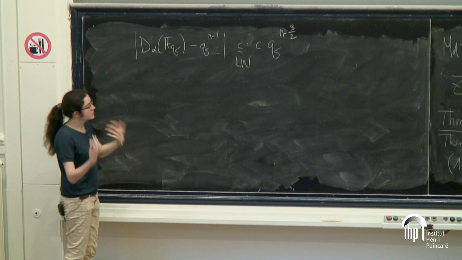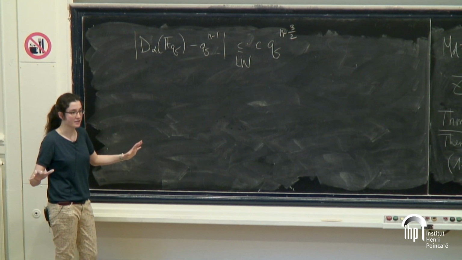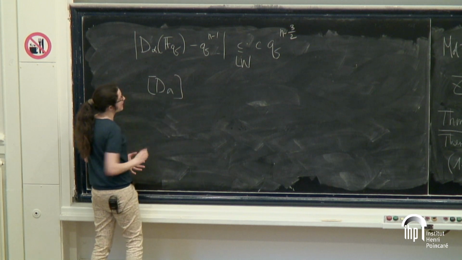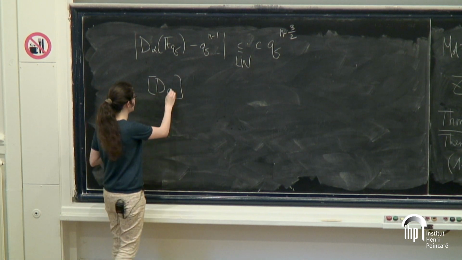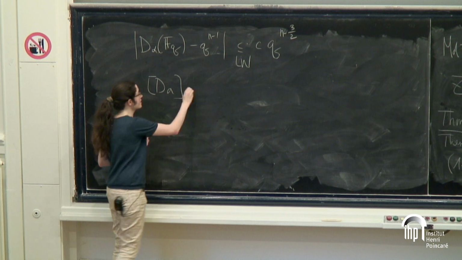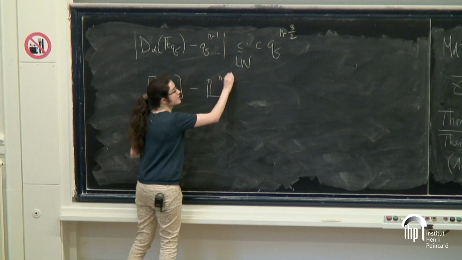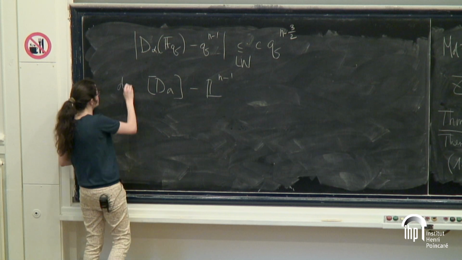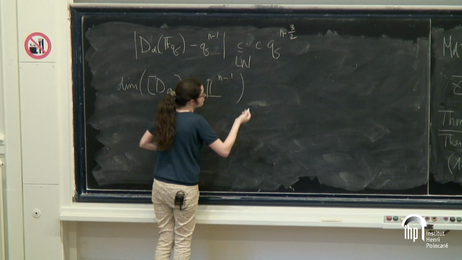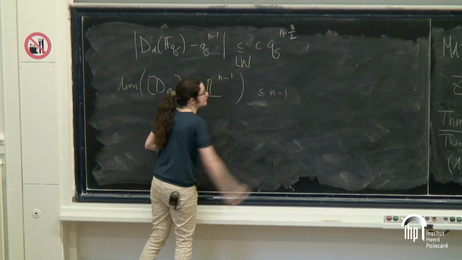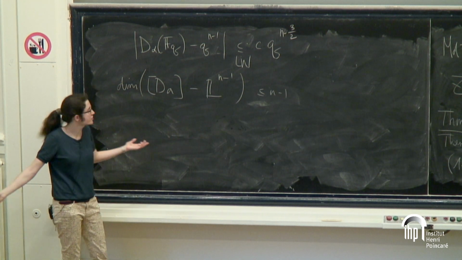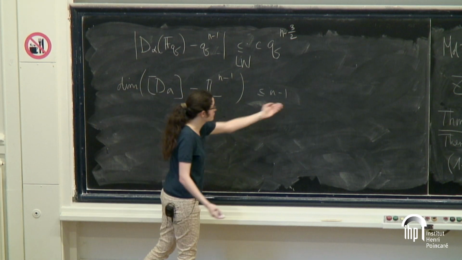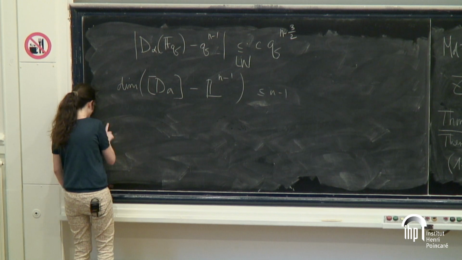So the calculations in the Motivic setting are completely analogous. So what do we end up with? We end up with a class of this boundary divisor d alpha in the Grothendieck ring minus L to the n minus 1. And if you apply the dimensional filtration to this, the only thing we can say is that the dimension is at most n minus 1, but in general we cannot say anything more. So this is not enough, and we need something a bit better. We need to gain this 1/2. And to do this,